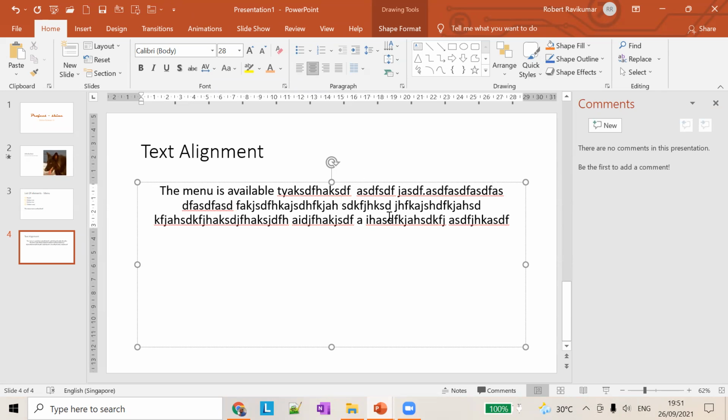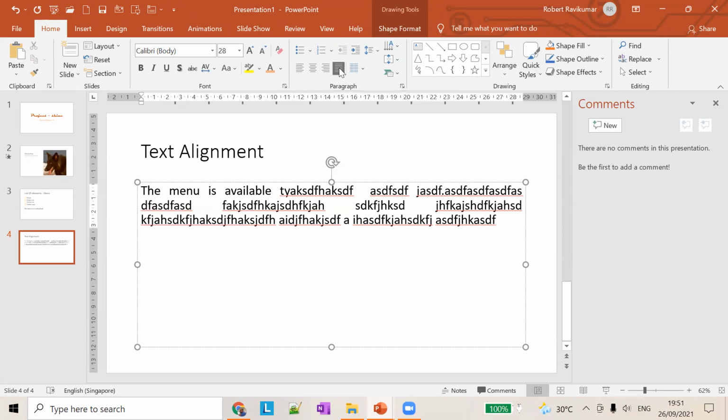So if you want these things to be aligned properly, you can choose the justify here. Now you can see the difference, right? It is aligned properly to the end of the element and the sentence is spaced evenly. So this is the property of a justify.